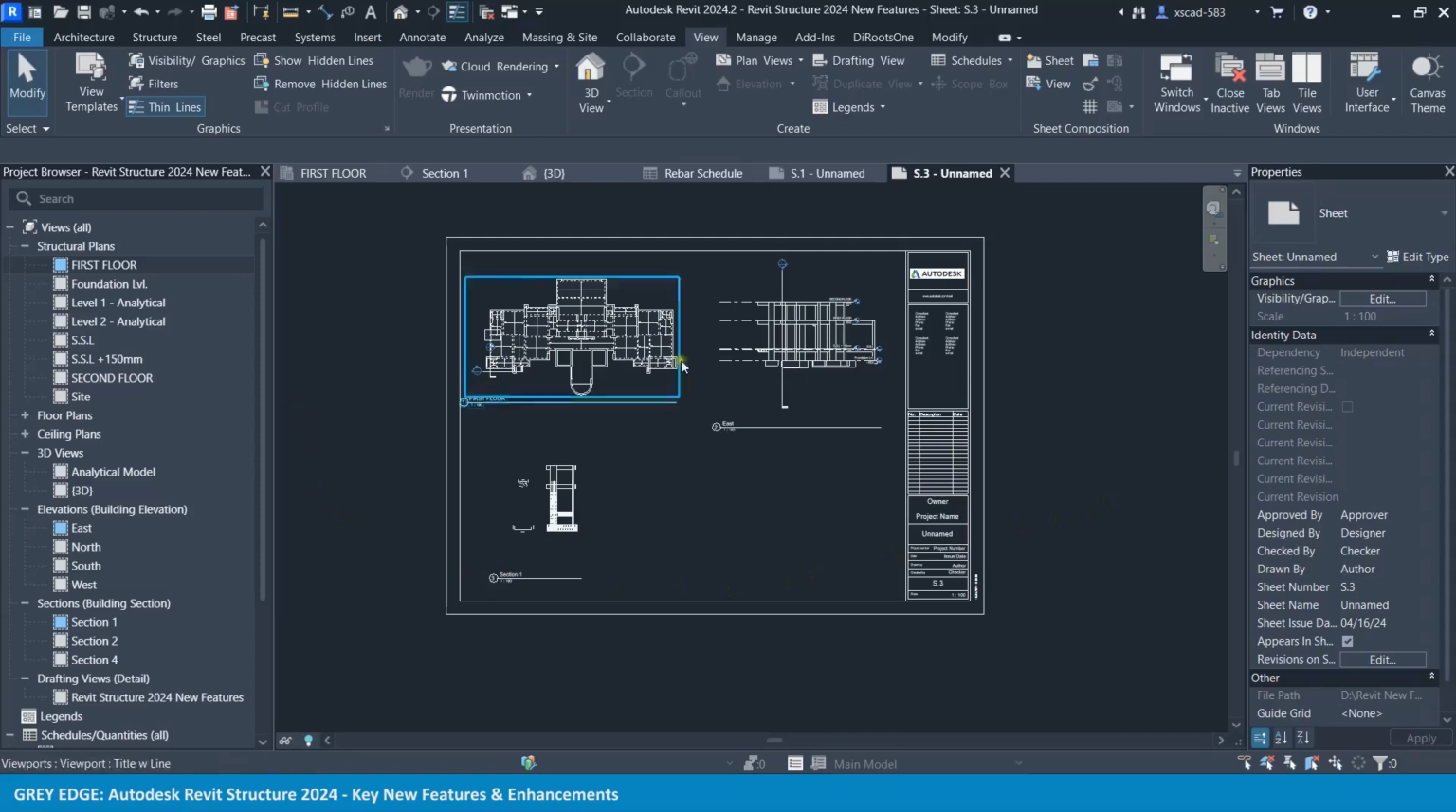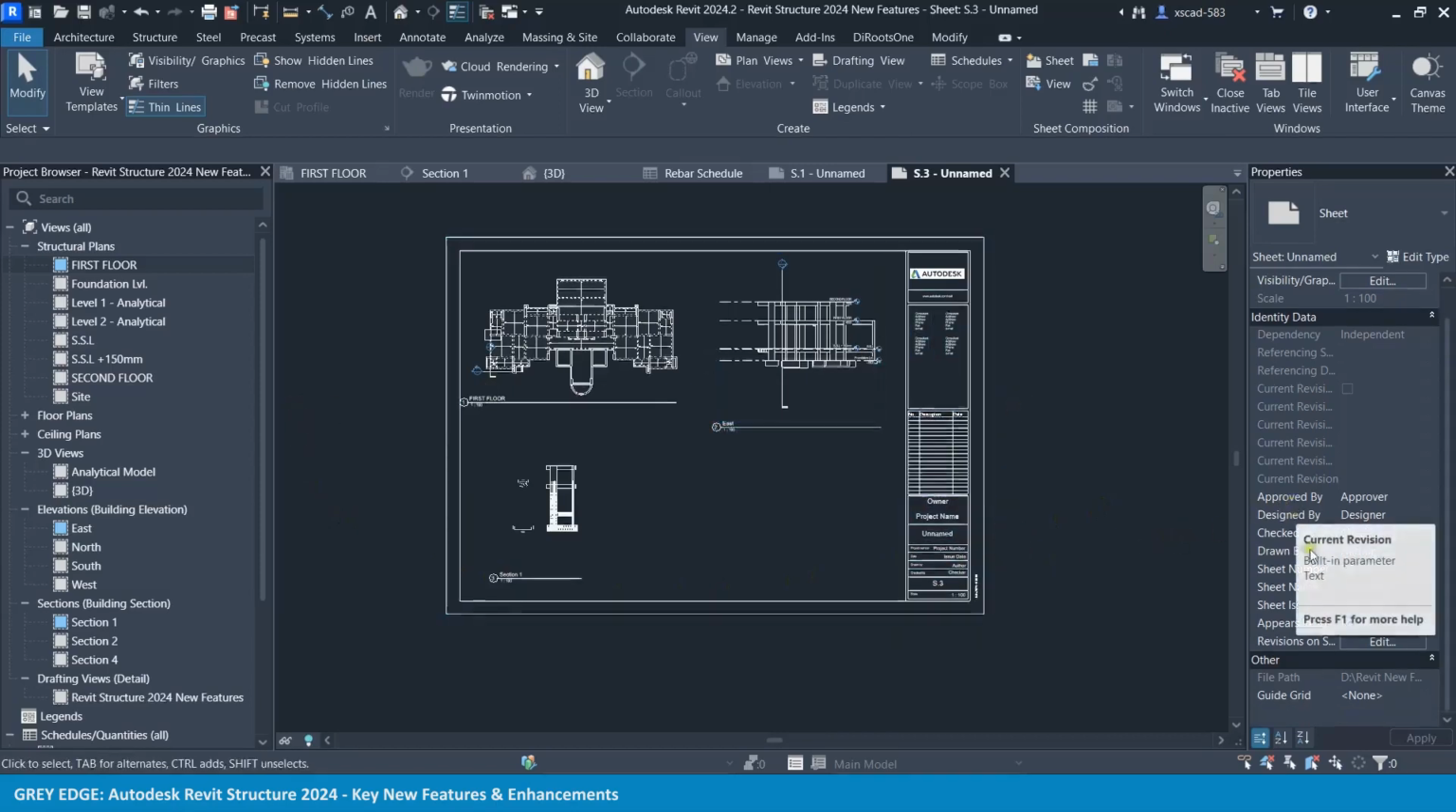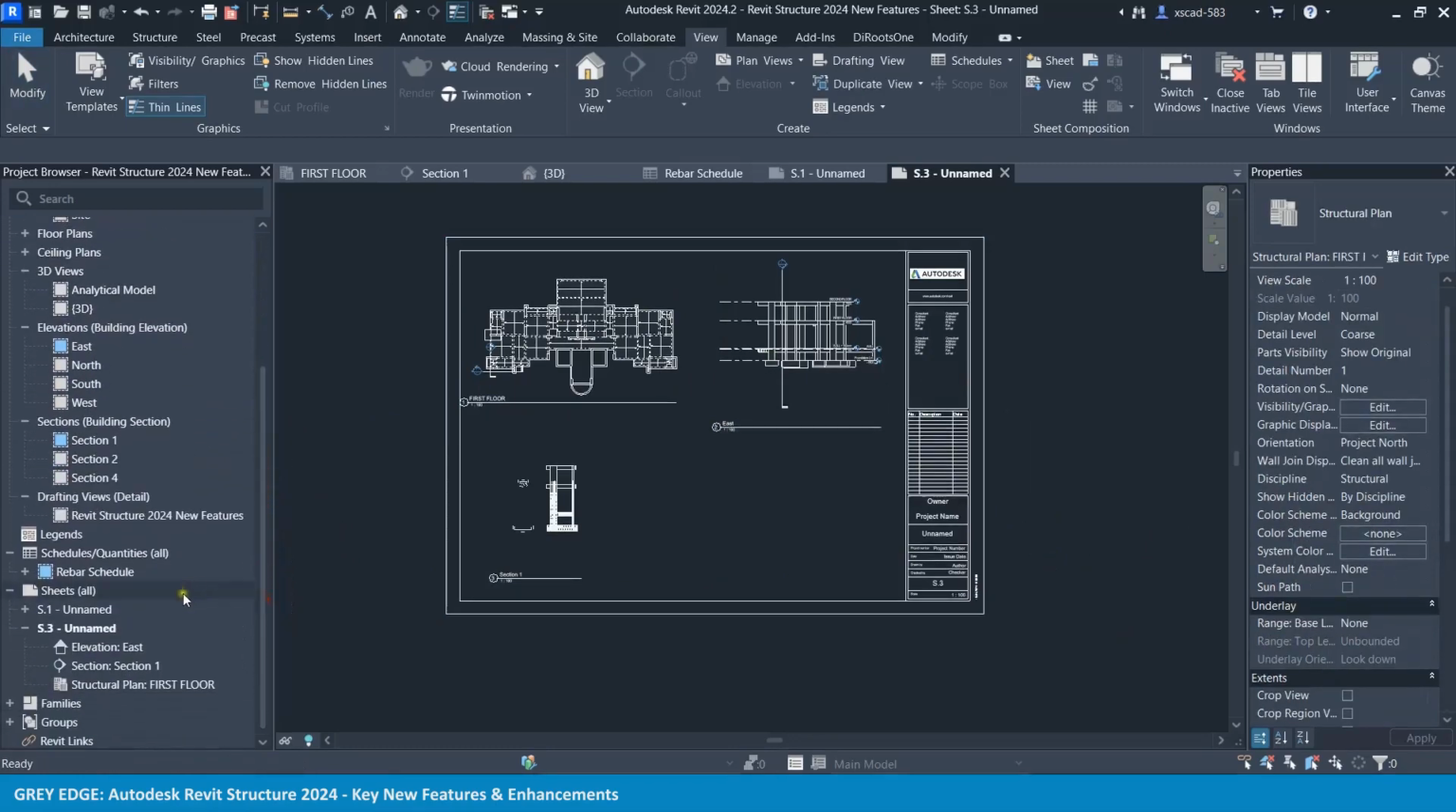Similarly, if I want to add revisions on multiple sheets, then I can again come down to sheets over here. I can select multiple